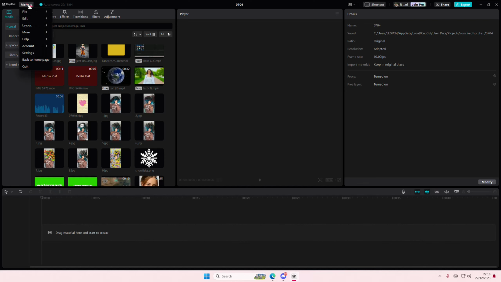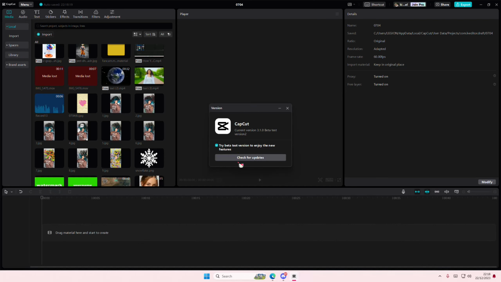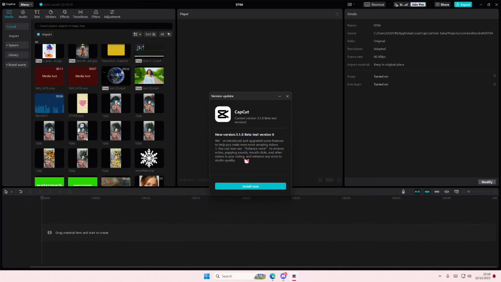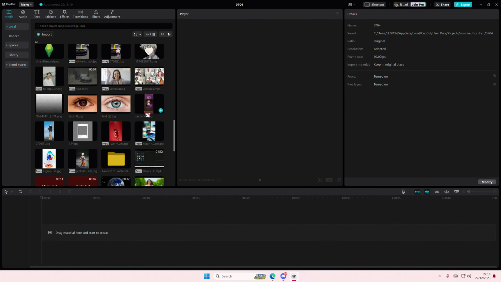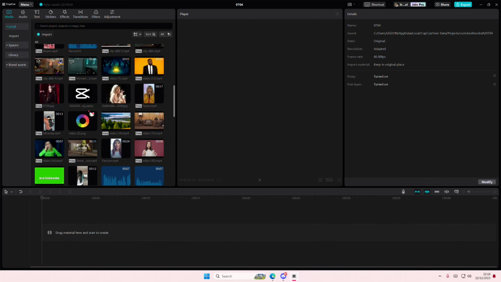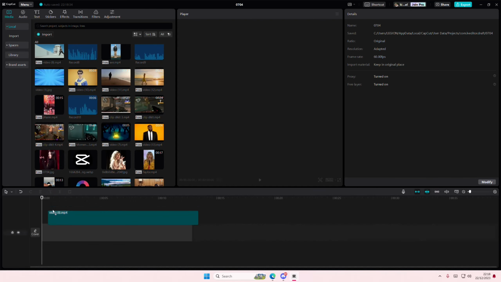So just make sure you go to menu, go to more, go to your version, check for updates, and update your app. And that is pretty much it. It's going to just update your app, and as you can see now, you can use the smooth slow motion